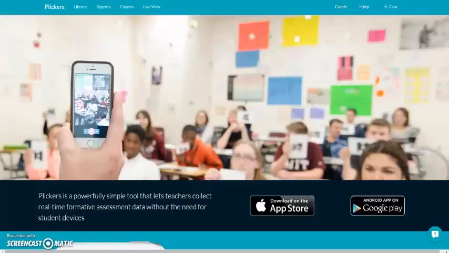Hello, I am here to tell you about a low budget way to have a set of quote unquote clickers in your room, right? A way to pull every student's knowledge or pre-knowledge about a certain topic. Before this was extremely expensive, but now there is a very inexpensive way to do this, and it's called Plickers